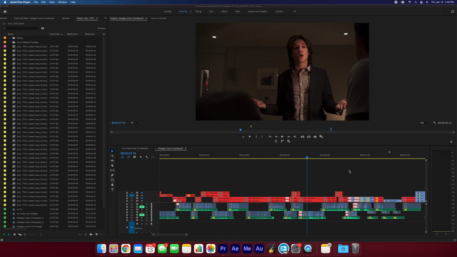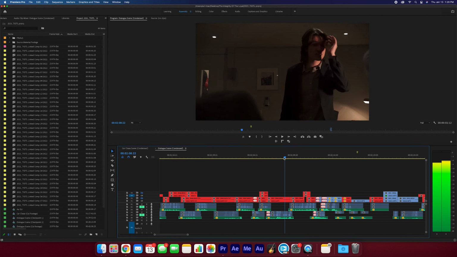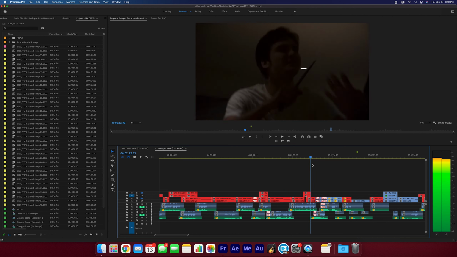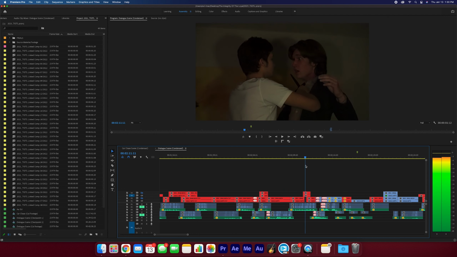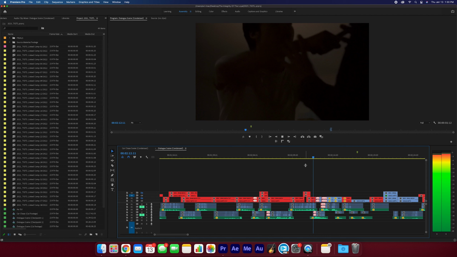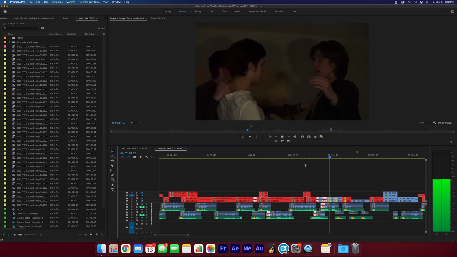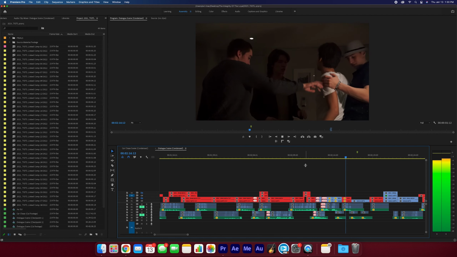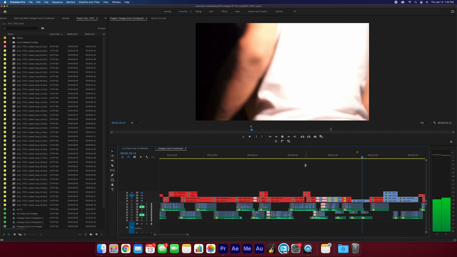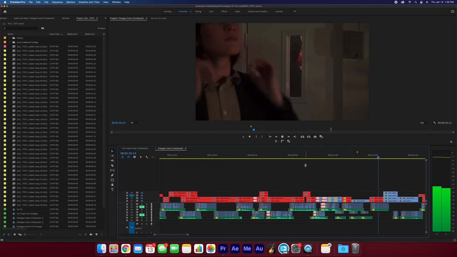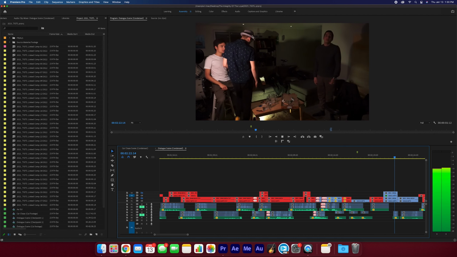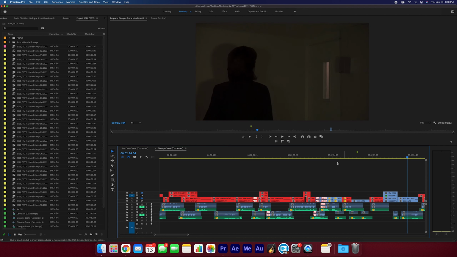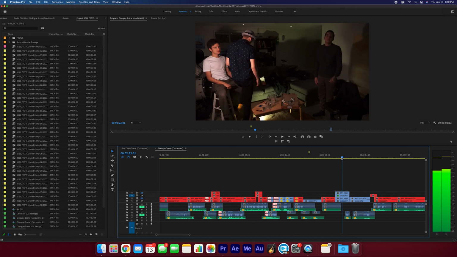This is the scene, and if we scroll through, right, it's a bit of a dialogue scene, stuff escalates. If I play it from here, right, it escalates, he pulls away. These shots are all okay, but there's this group shot here that I want to work on, this one here. Now, right, it's very short, it passes by, it's nothing too big, but if we take a look at it,